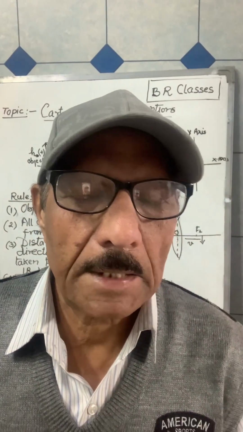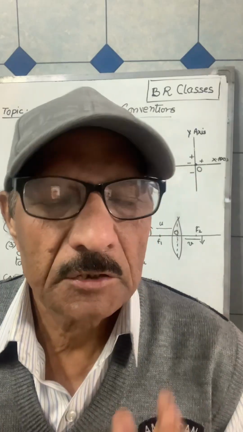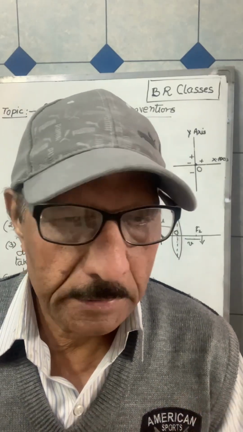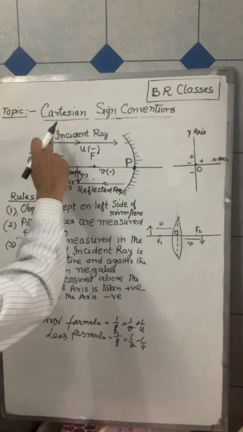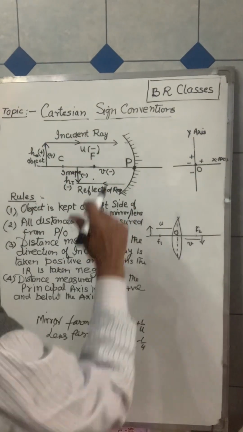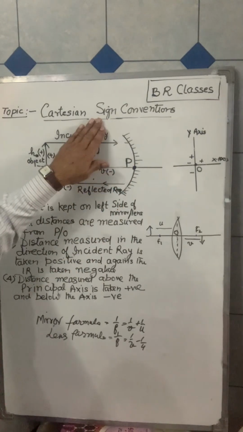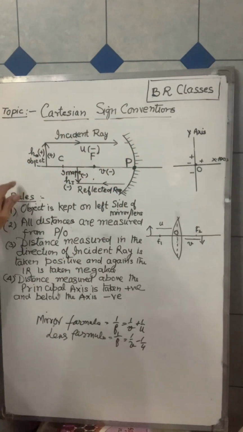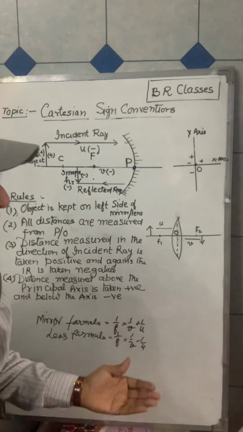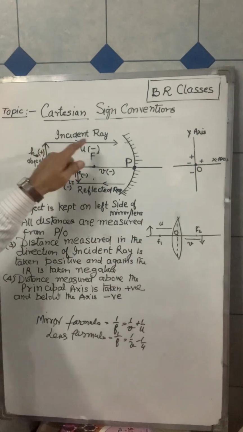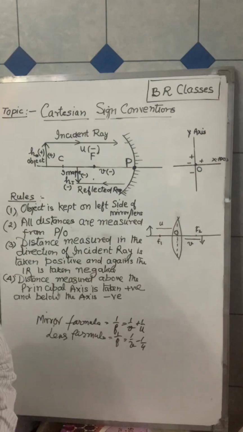तो आप देखिए, उसके लिए लाइट का जो चैप्टर है उसमें कुछ साइन कन्वेंशंस होते हैं, कुछ रूल्स होते हैं, कुछ लॉज होते हैं जिसके अकॉर्डिंगली हम पॉजिटिव या नेगेटिव साइन लेते हैं। लेट अस स्टार्ट टॉपिक कार्टेशियन साइन कन्वेंशंस। If it is mirror, these laws are rules of Cartesian sign, where positive, where it should be taken negative. We take these for mirror as well as for lens.